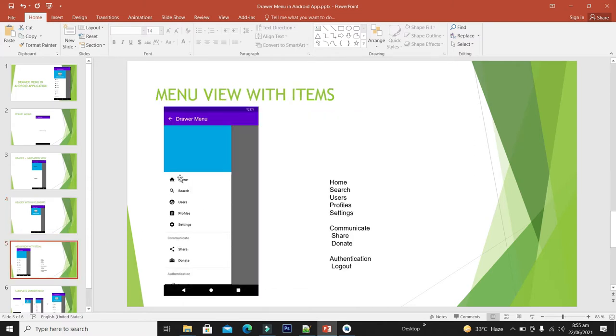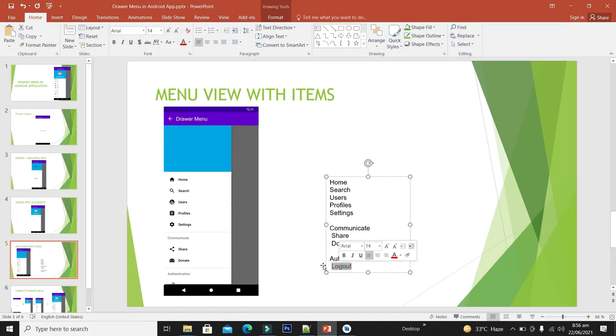Further, we can also design our menu with the items and the icons. So it will give a beautiful look for the selection of different items in our groups on the menu. So I have the list of different items here. You can see the corresponding items along with its icon, and these are placed in a group. So this is the group name, communicate, and this group contains 2 items and this group contains 5 items. In the same way, the last group contains only 1 item.